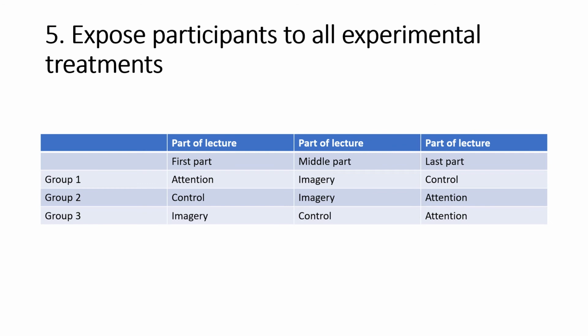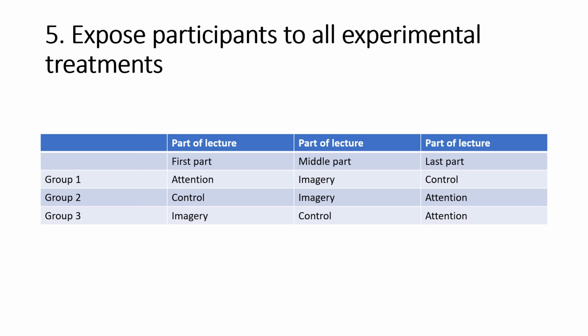Let's say there are three different lecture methods and their possible effects on recall of lecture content. This sample here consists of volunteer students who were enrolled in three sections of an undergraduate class in educational psychology, and they were given the lecture just 3 times, once to each class. The lecture was about a little-known American Civil War battle that participants were unlikely to have learned about in school. Thus, participants' prior knowledge about the battle was a constant. They all had zero prior knowledge rather than a confounding variable.